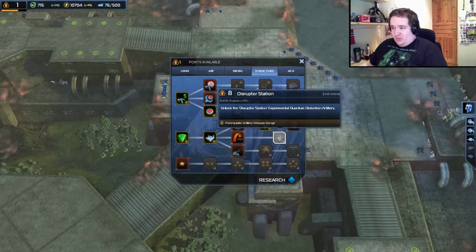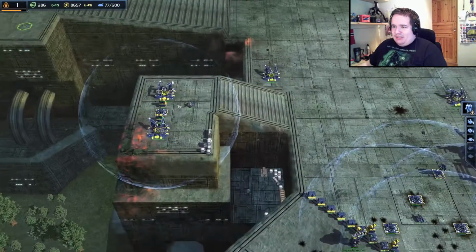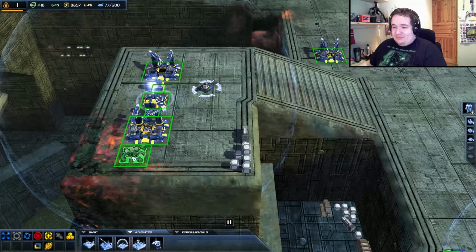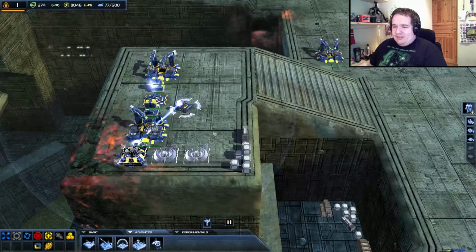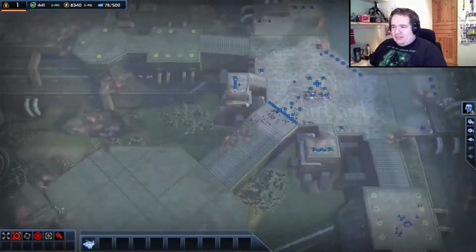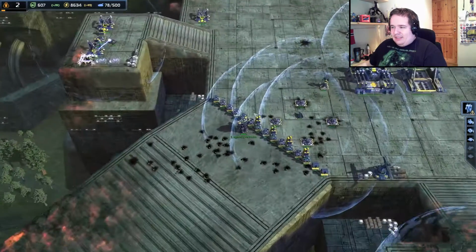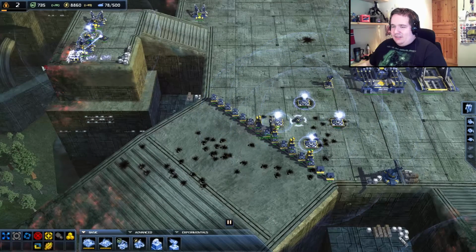For example, the disruptor station. It basically fires EMP bombs that do a lot of damage. Let's just put it like this. These little fellas will stand here, firing down here. They aren't the best of artilleries, but they're decently accurate, and they will allow you to kill their